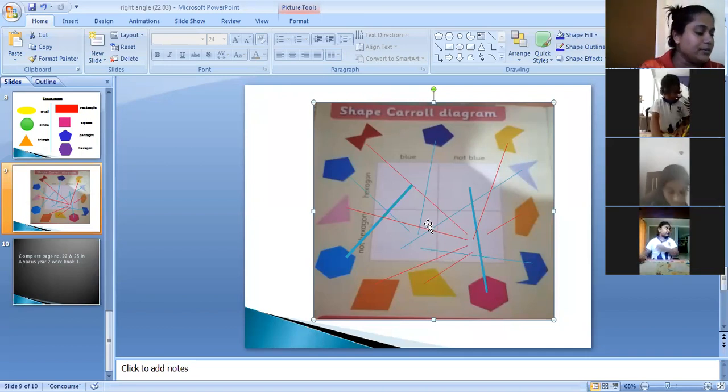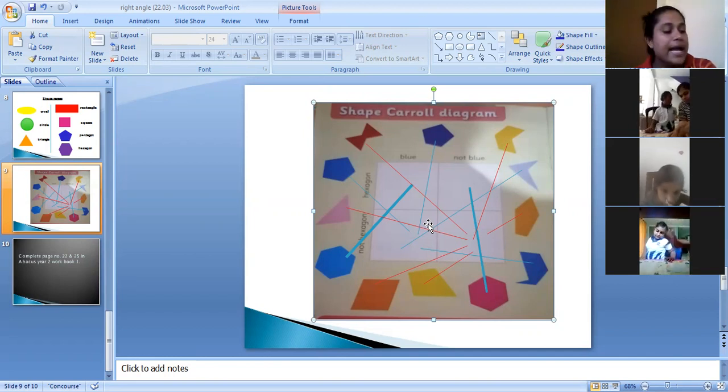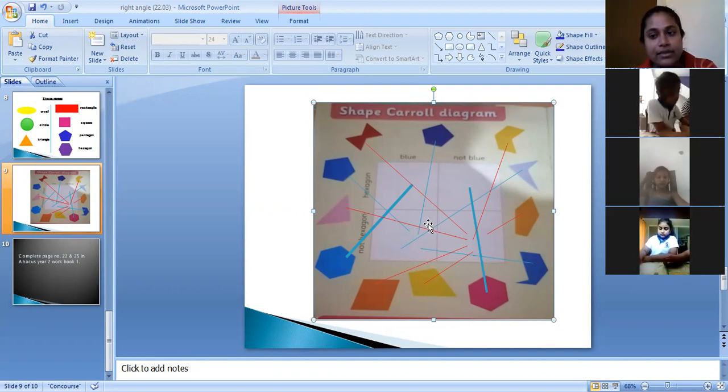First column, first pair, it should be the animal which has 4 legs and a tail. Has a tail, has 4 legs. And the second one, first row, second column, says has a tail, does not have 4 legs. They should have a tail, but maybe more than 4 legs or less than 4 legs. Second row, first column, it is: does not have a tail, but has 4 legs.